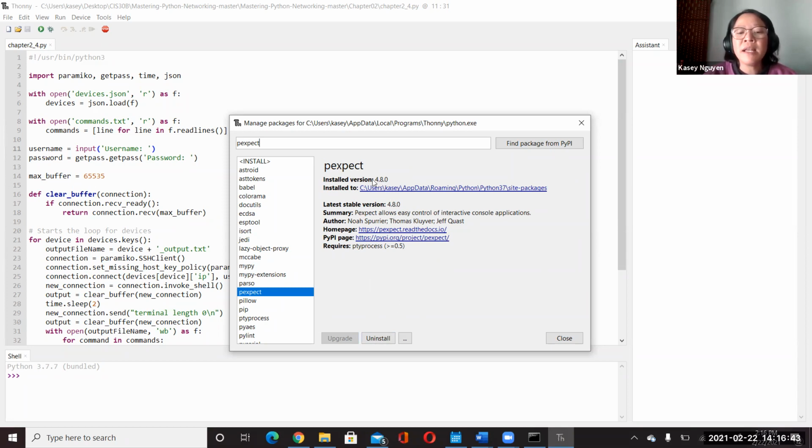Here it tells me that it finds 4.8.0, and this is some information about it in the links. You can check out the homepage, so you can read more about the documentation, how to use it, and what to use it with. It's very important that you do that when you're programming, right? Refer to the documentation before we attempt things, and look at how it's used. There are examples and things like that on the web page. Once you find it, you simply click install, and then you can find additional packages.